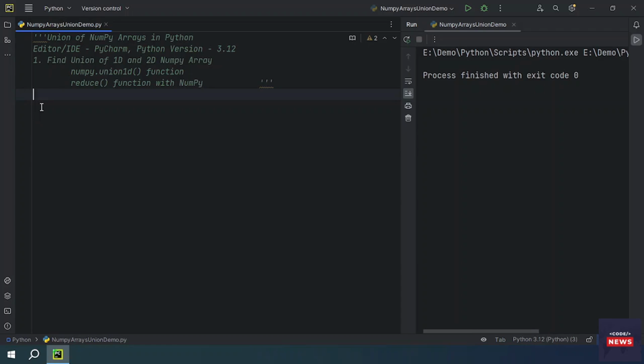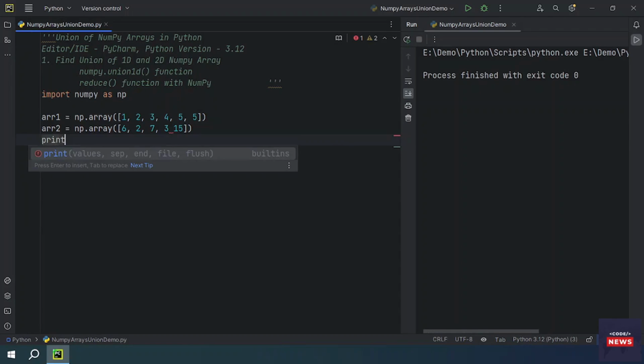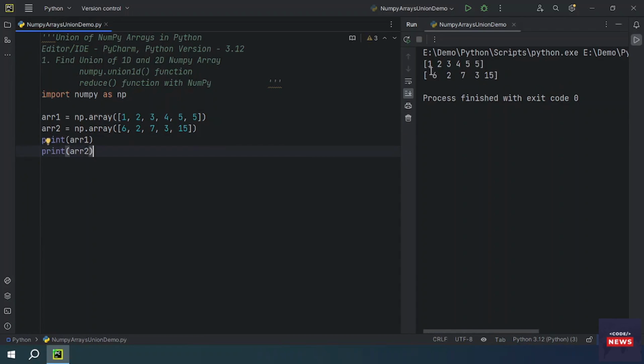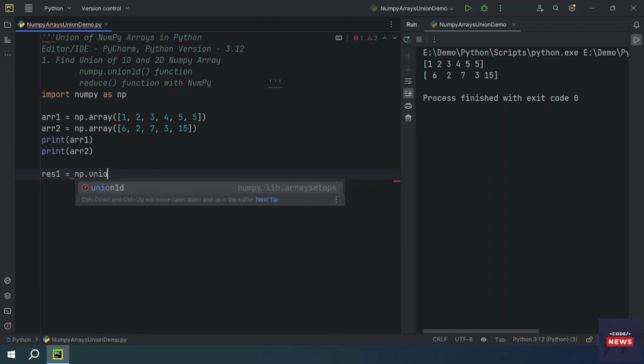So first we will be importing the NumPy library. We will be creating two NumPy arrays. We will be printing both arrays. You will get the output 1, 2, 3, 4, 5, 5, 6, 2, 7, 3, 15, right? So these are different integer type elements. We have to take one result variable and then np.union1d function. This function will accept array1, array2,